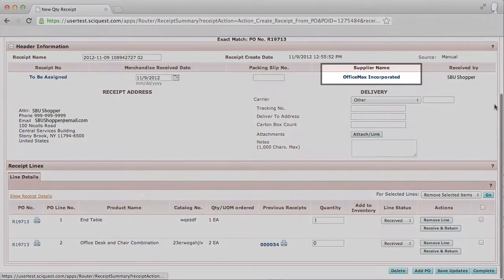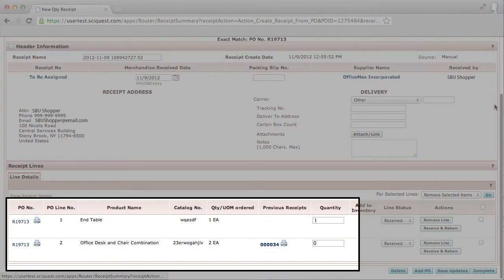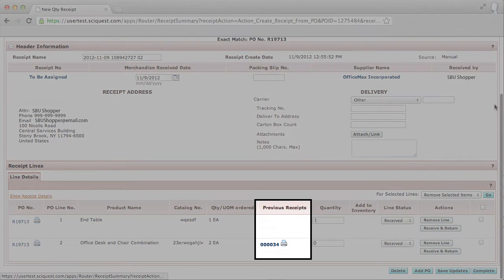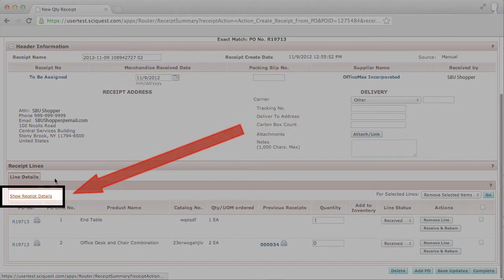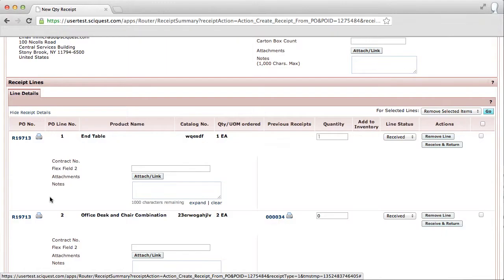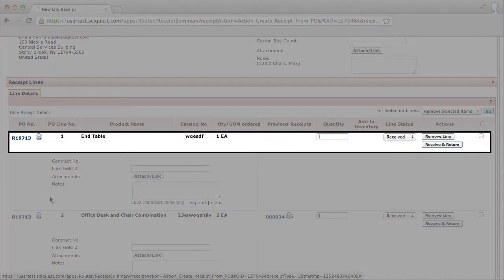The receipt will automatically populate with information from the PO, including any previous receipts for this PO. But to view complete details, click Show Receipt Details. For any items you are not including on this receipt, click the Remove Line action to remove the item from